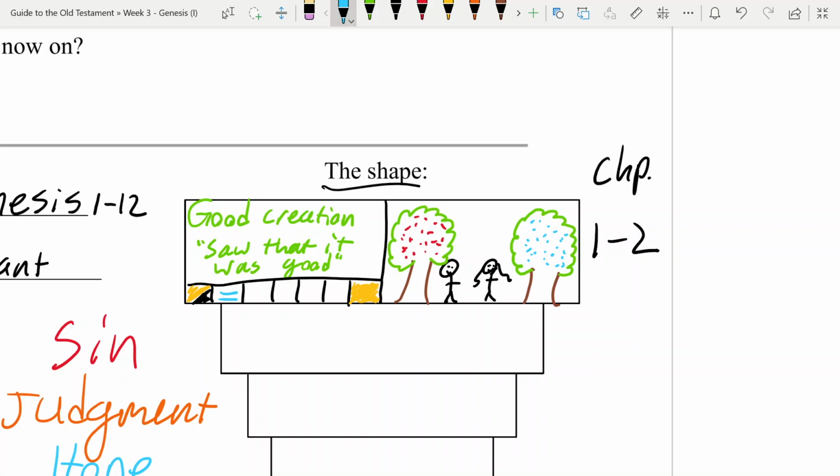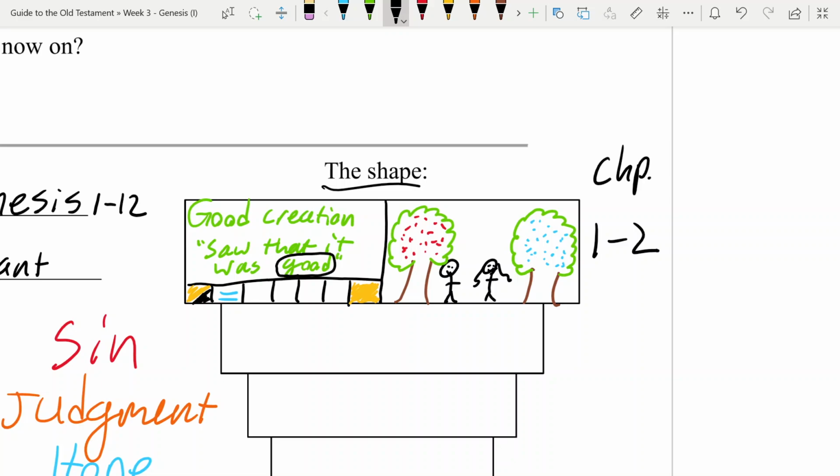And Adam and Eve are allowed to do that, right? They're allowed to eat from that tree and live forever with God in the garden, and it's a good life. But what they're not supposed to do is eat from the tree of the knowledge of good and evil. This is one of the questions, I think, on your homework. But the point being that God has already told Adam and Eve what is good for them. That's his job to decide what benefits them and what doesn't. He's also said, for example, to Adam, it's not good for the man to be alone.